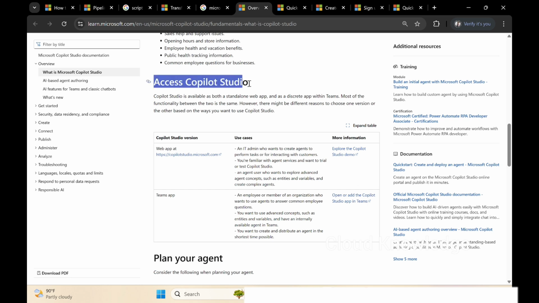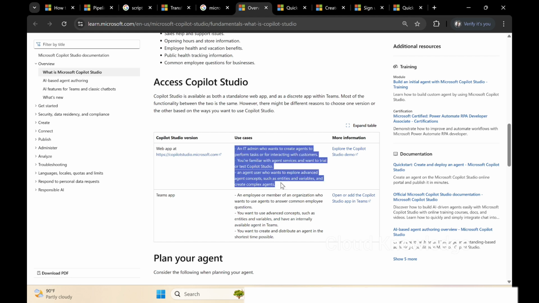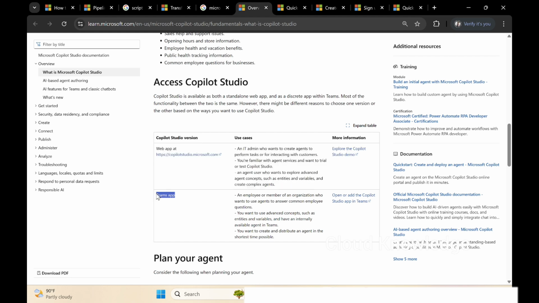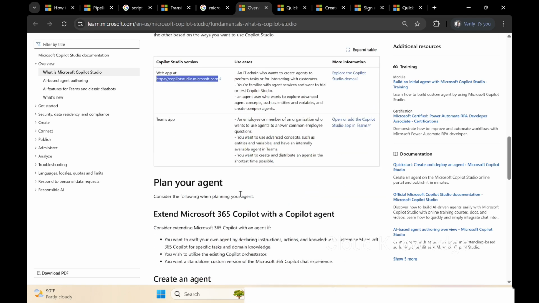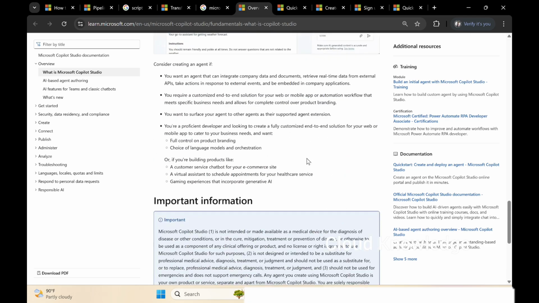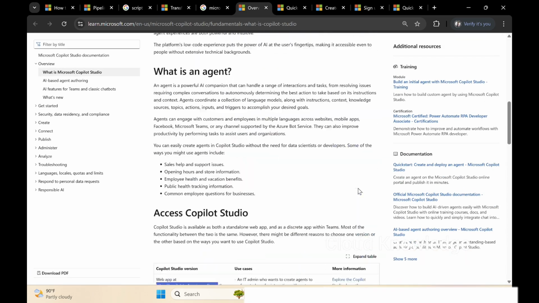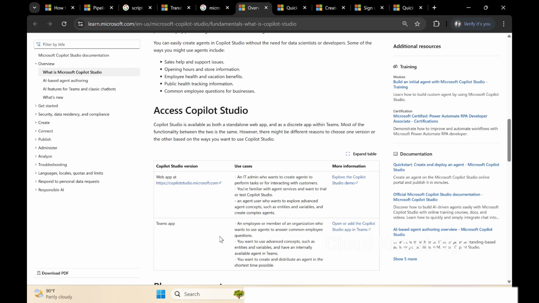We'll go to the Access Copilot Studio section, and it says to access it through the web app, which is this link, copilotstudio.microsoft.com. For what use cases we have to make use of it, the information is given, and the other way is the Teams app. In this video, we are going to access it through this web app. Then how we have to do the agent creation, etc. So we'll create our first agent at